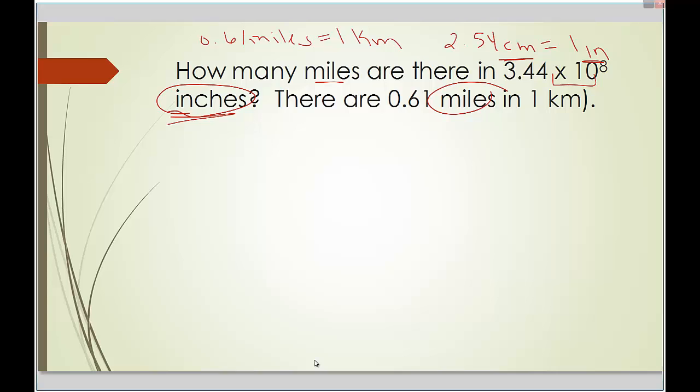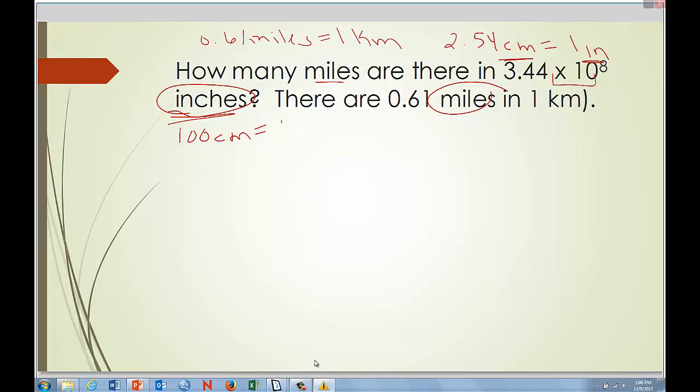So 100 centimeters is equal to 1 meter, and 1,000 meters is equal to 1 kilometer. Now that we have all that figured out, we're going to use 4 different conversion factors in this question. So you're going to have 5 lines total, 5 parentheses, or 5